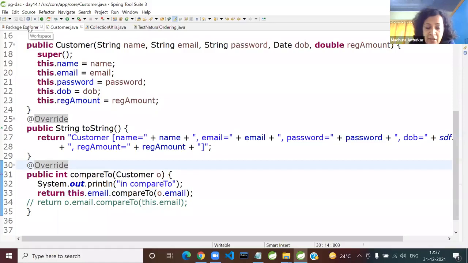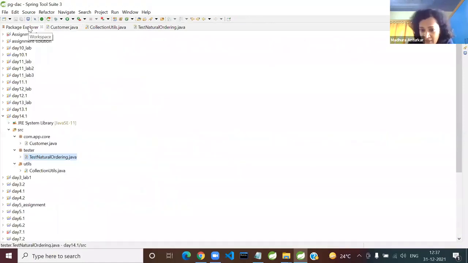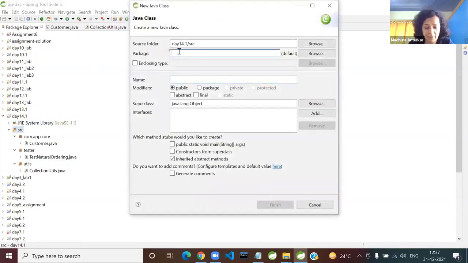So let us create a new separate class and then I'll show you an anonymous inner class. Here in D14.1 src, you can create a class. Let's have a different package, custom ordering, or I'll say comparators, because we are storing the comparator. And here the suggestion is don't call it MyComparator or ABC because you will not remember it after two days. So what is it we are comparing? Customer details. How? Using date of birth as well as name. So DOB and name based comparator.